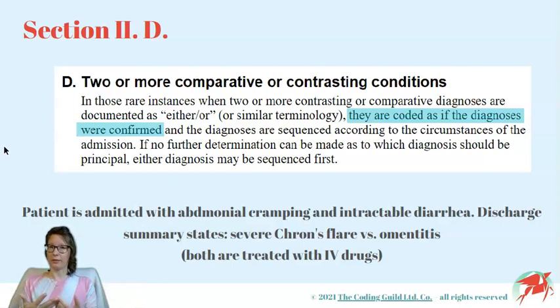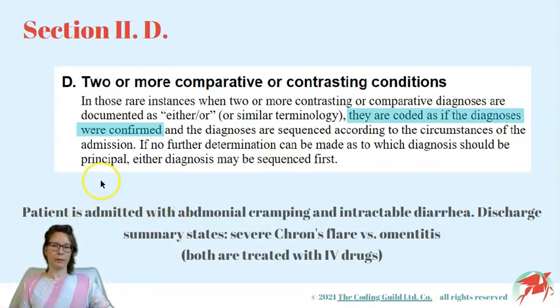The fact that we might end up with no diagnosis after all of this expensive workup is secondary. The facility needs to get paid for their efforts in diagnosing the patient and extending all these resources while doing so. Other than that, this guideline is the same as before. We will need to choose the principal diagnosis based on the circumstances of the admission, conventions, guidelines, the tabular, the index, and/or the therapy and diagnostic workup provided.